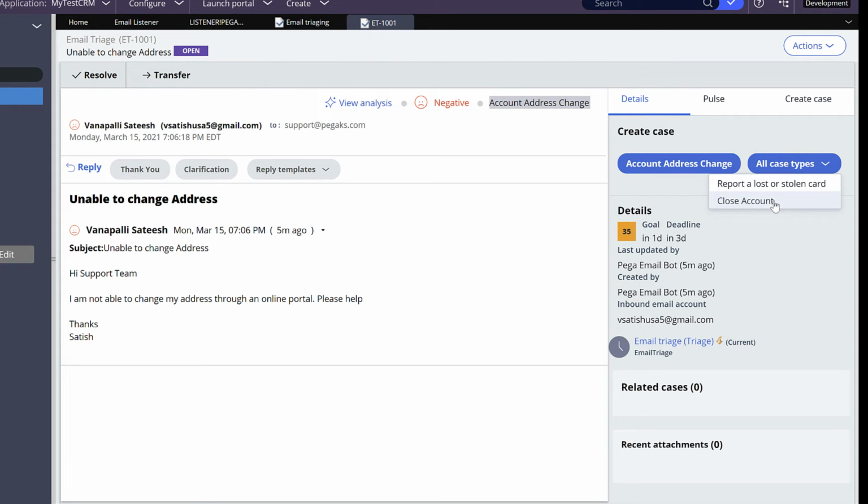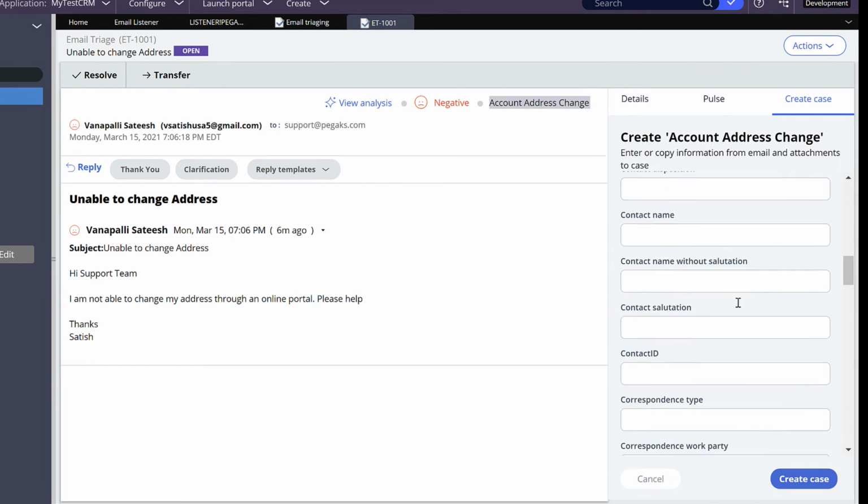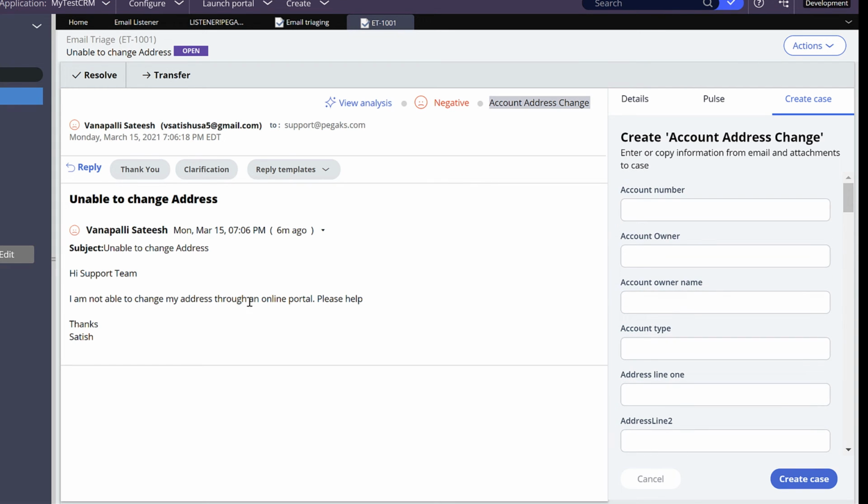So the case types that you configured on your email channel will be listed here. You can directly create your account address change case. If you click on create, you can create an account address change, and you can address this customer problem.